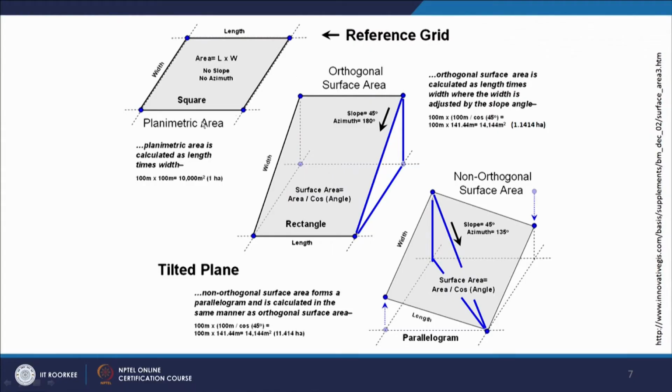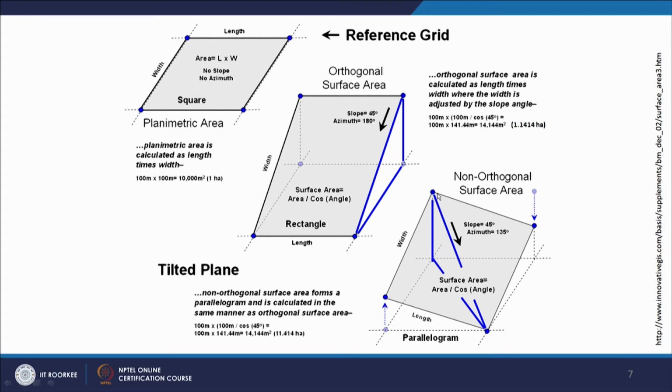So if we take the top left figure here, this is the planimetric area when your cell of a digital elevation model is representing a flat terrain. But when it is representing a tilted terrain, then this becomes a sort of rectangle. Though if we project on a horizontal plane as shown in the bottom, then it will of course remain a square, because a square is the unit of a digital elevation model. But in case of a tilted one, it becomes a sort of rectangle, and then it will have more area